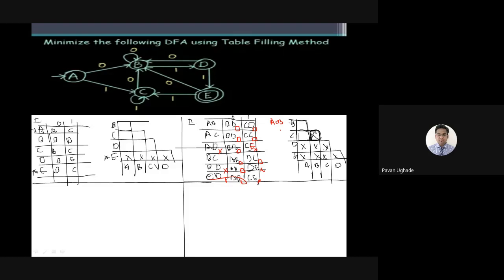Now let's check it out, guys. Here again you are supposed to consider the entries you got and reiterate step two, unless and until you get all the entries properly blank. So I'll simply take the entries AB, AC, and BC over 0 and 1.